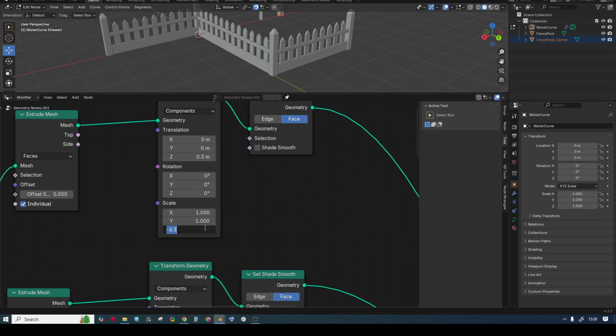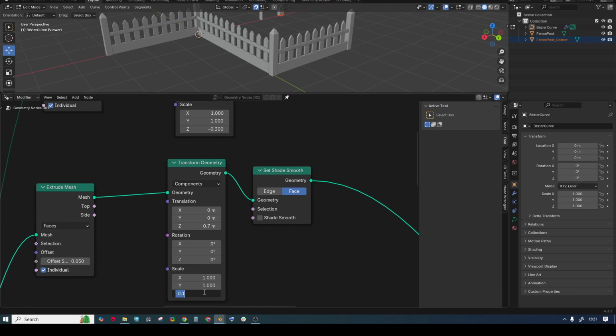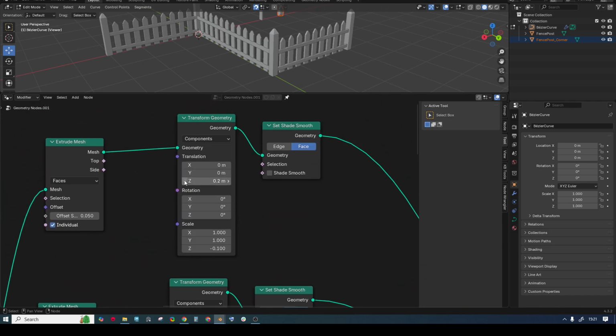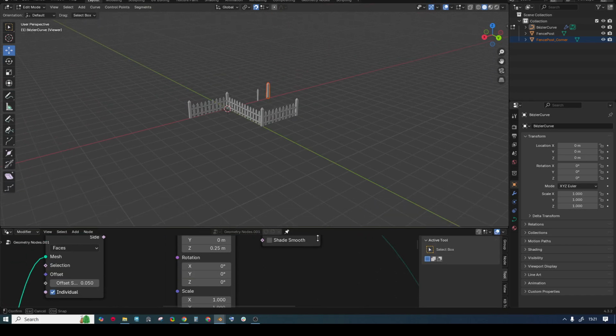Now this was, let me copy from this one, so I want to move it like 0.25. I think it's alright. So now we have our fence,